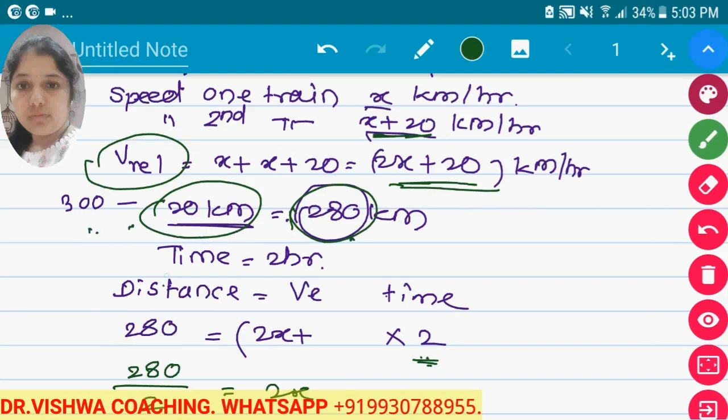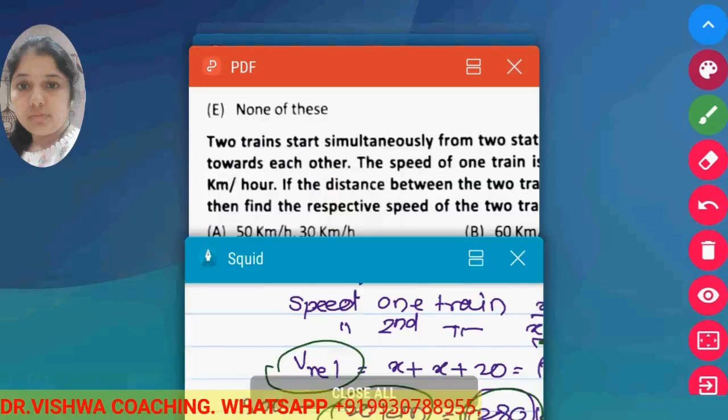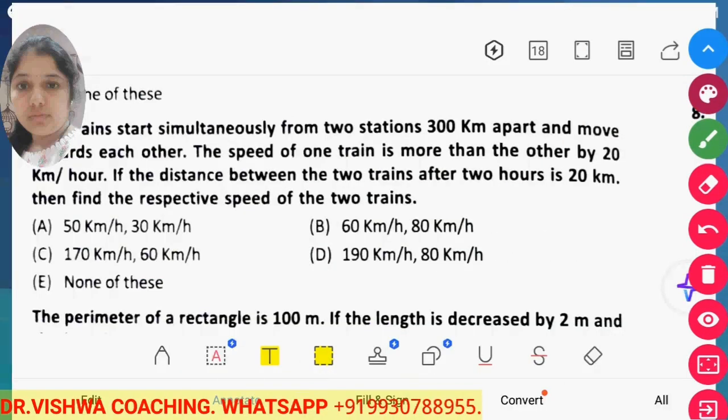So distance is equal to velocity into time, the formula we use. Relative velocity is 2x plus 20, time is 2 hours and distance covered is 280. So solve the problem and find the value of the variable. Now perimeter